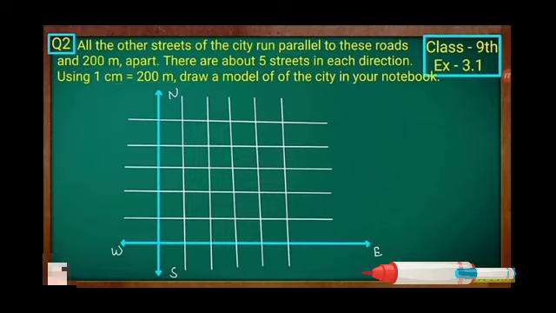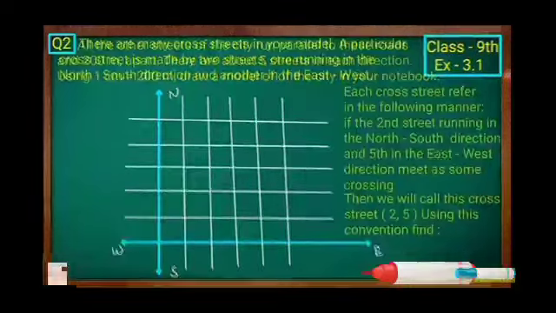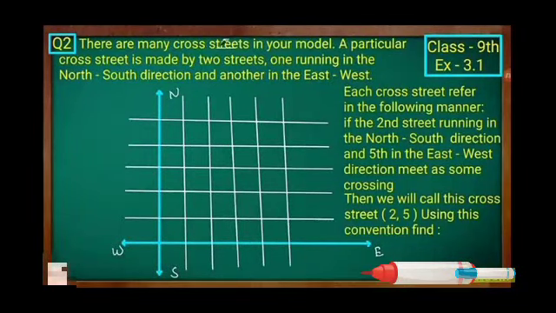Now this is the position. There are many crossroads in your model. A particular crossroad is made by 2 streets, one running in the north south direction and another in the east west direction. Each crossroad is referred in the following manner. If the second street running in the north south direction and the fifth in the east west direction meet at some crossing,